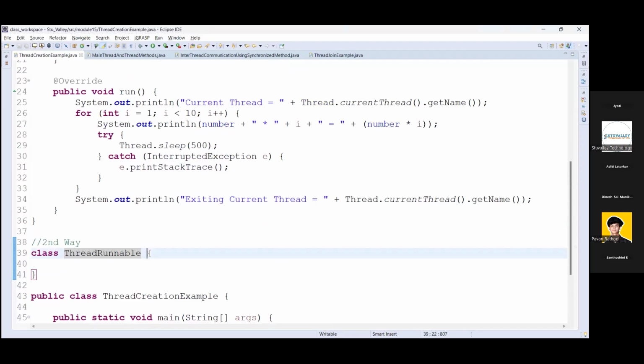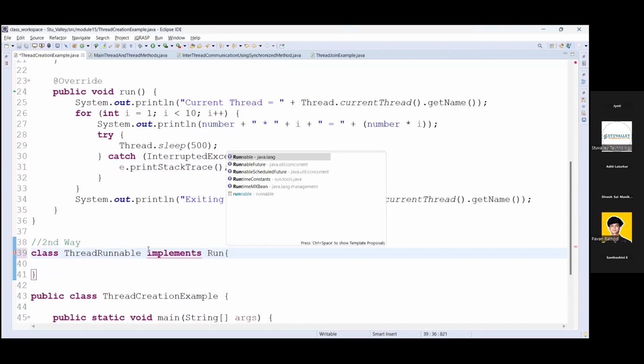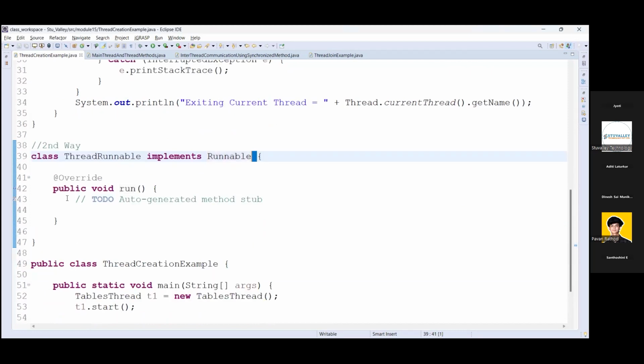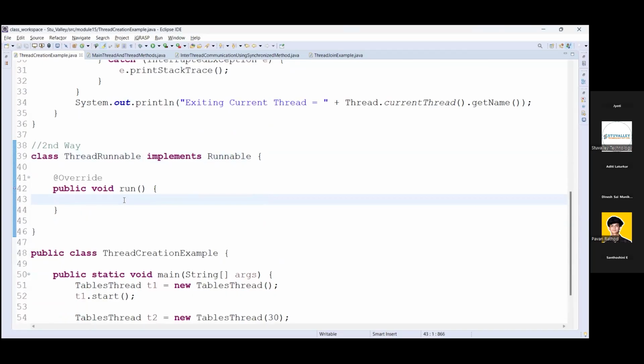Now the second one is ThreadRunnable. Second class is ThreadRunnable. So it is used the second way where we can implement the Runnable interface. So here we are using implements Runnable interface. So Runnable interface has run method. So here you can provide the implementation to the run method. Now this thread is used for performing addition. Okay, suppose this thread is going to perform addition of the particular iterations.